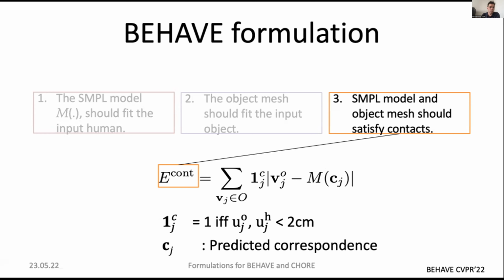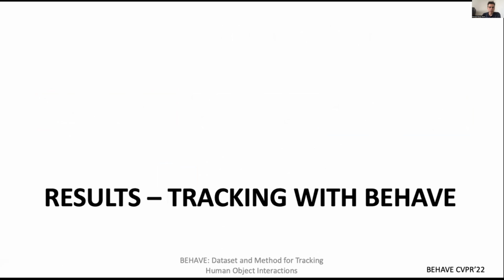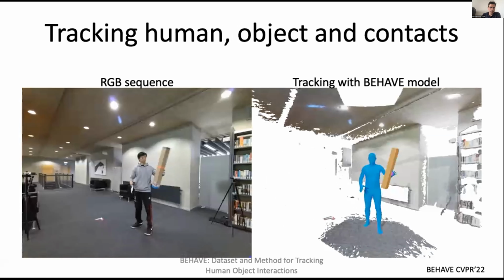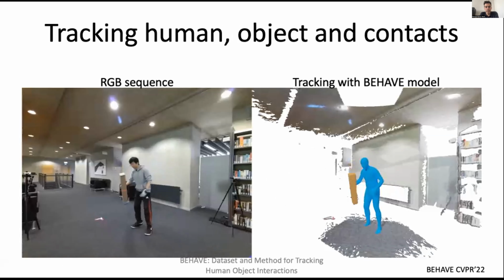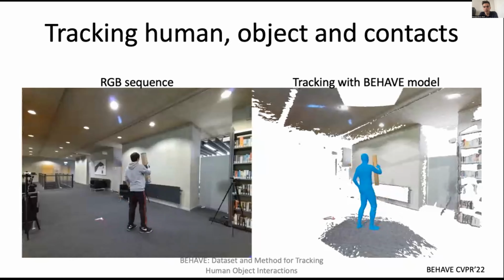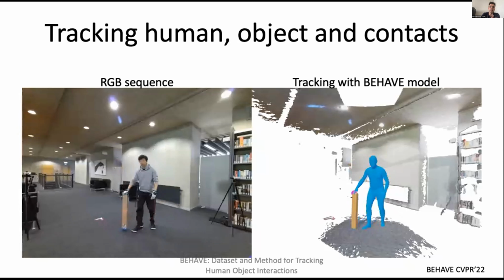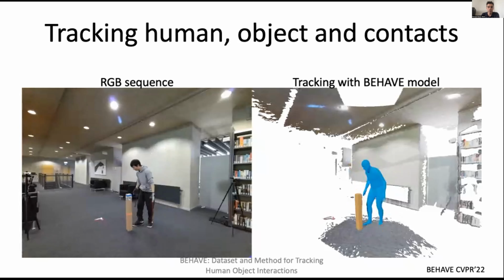You have a neural reconstruction, which reasons about humans and objects, and then we feed the parametric models of the human and the object to these neural reconstructions. Let me see this, yeah. So these are the results that we can obtain with this method. And what is interesting is that the quality of the results is pretty much the same as the quality we were obtaining with this sophisticated semi-automatic pipeline, which is really nice because it means that now we can automatize this capture process for novel motions and subjects.